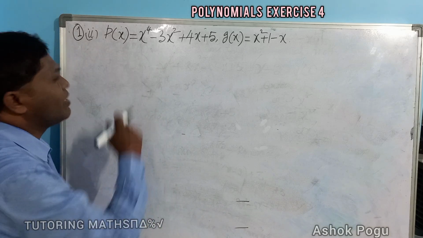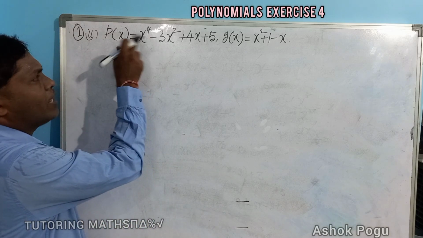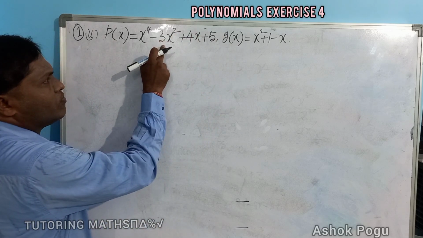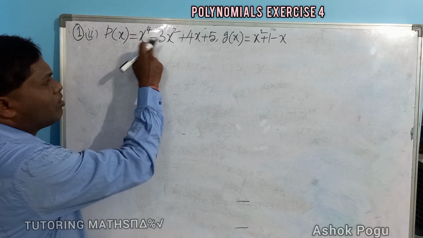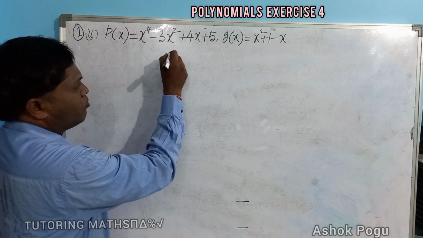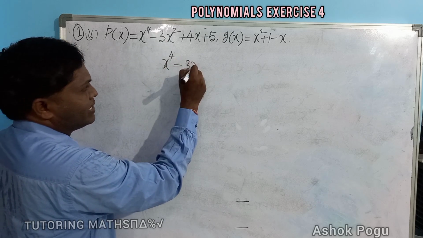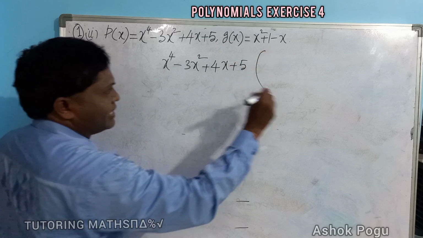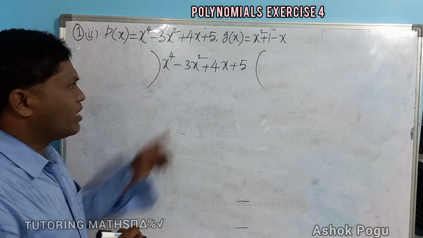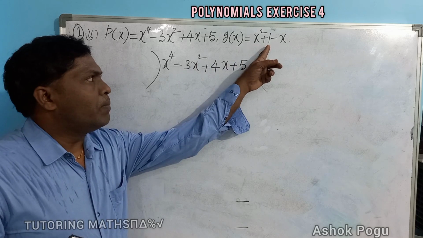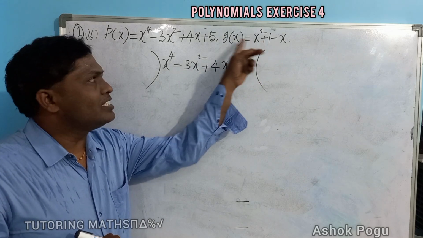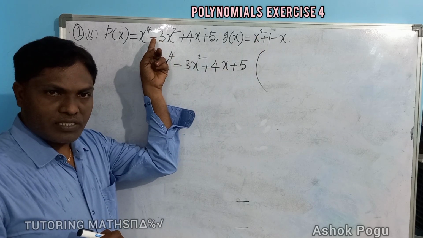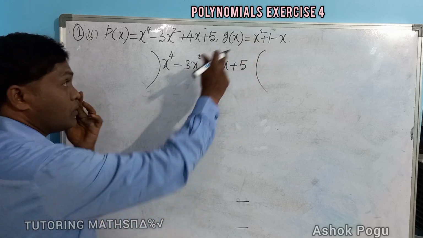Yes, here this is the given polynomial p of x. We have to divide p of x by g of x, right? First of all, take p of x. What is p of x? That is x to the power of 4 minus 3x square plus 4x plus 5. We are going to divide this polynomial by the g of x polynomial. What is g of x? This is the divisor, and this is the dividend, because we are going to divide by